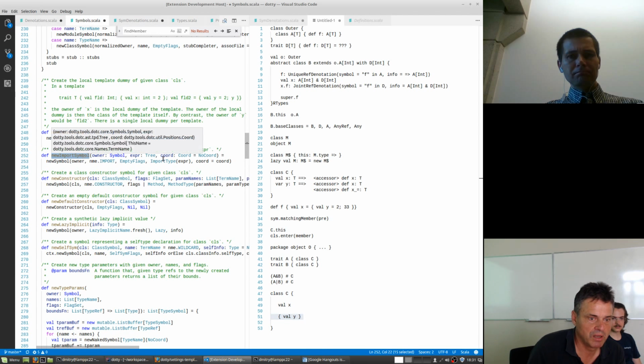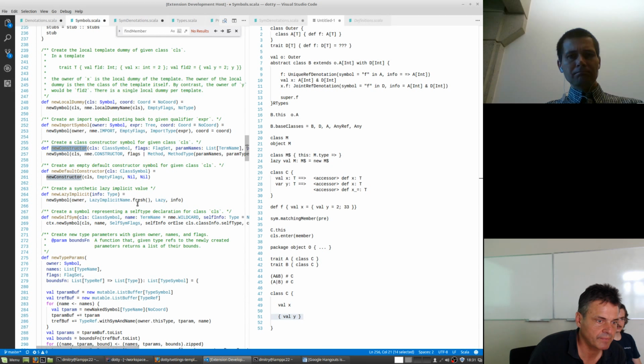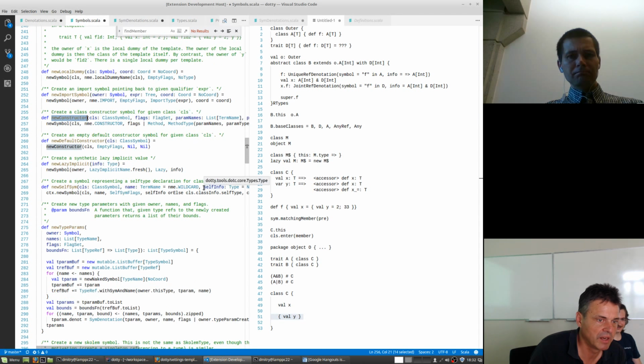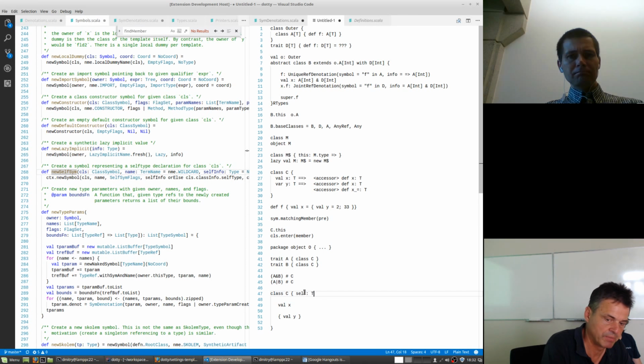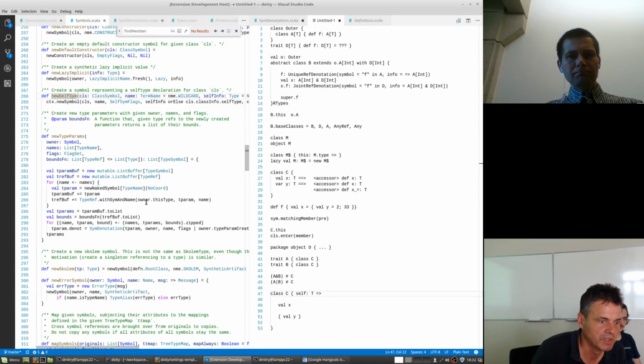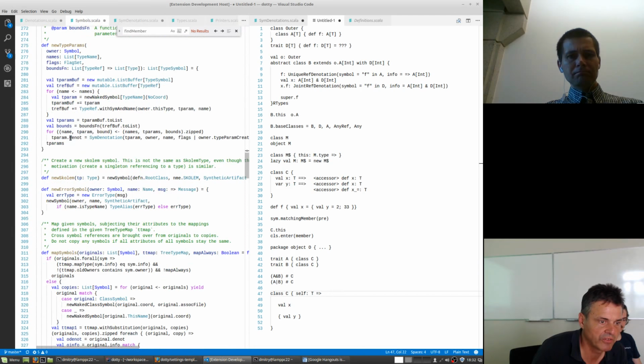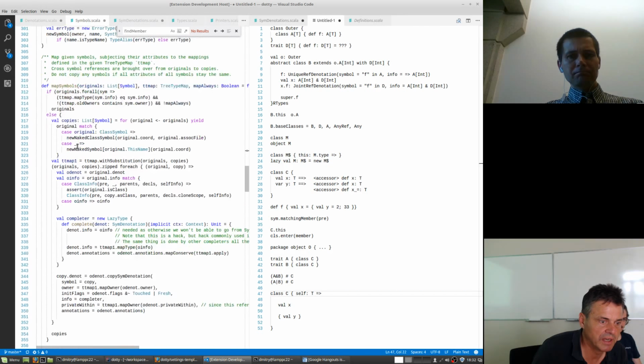An import symbol is essentially a symbol representing an import. Constructor, that's a primary constructor or secondary. Synthetic lazy implicit value, you don't need to know that unless you look at what we do with lazy implicits here. A self symbol is a symbol representing a self-type declaration. So if you have a self and then some type T, that essentially gives you implicitly a symbol declaration. That's the self symbols. And then there are ways to create, given a class, type parameters for the class, Scholems, and then we have